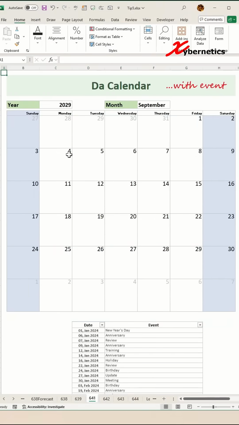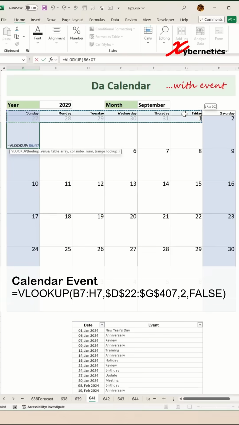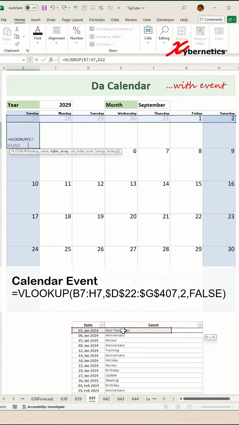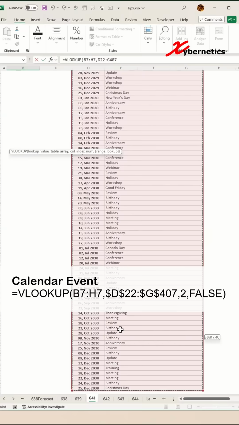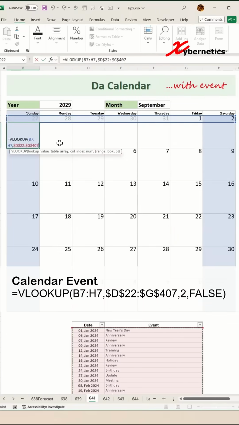And finally, to populate the calendar with the events from the day of the month from our main dataset, we use a VLOOKUP function with the lookup value being the day of the month from B7 to H7, and the lookup table array would be our main dataset table. Press F4 to make both row and column fixed. We want column 2 from our main dataset table, which is called Event, and we will enter FALSE to get